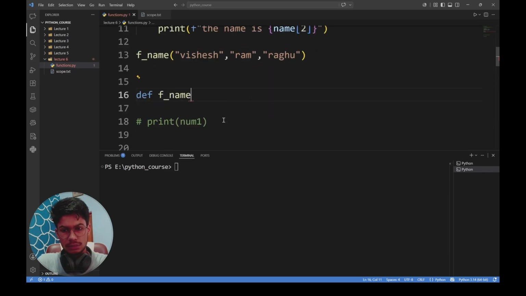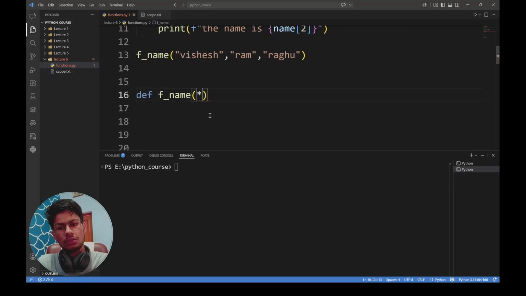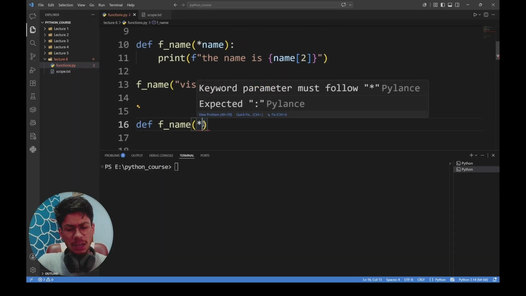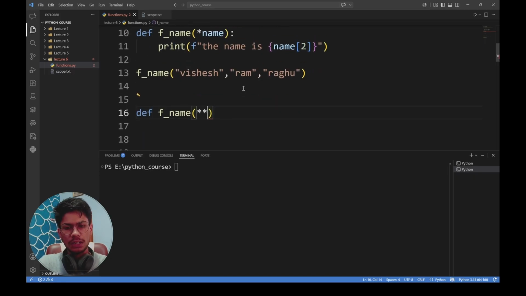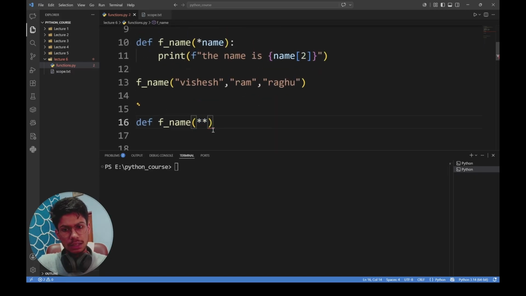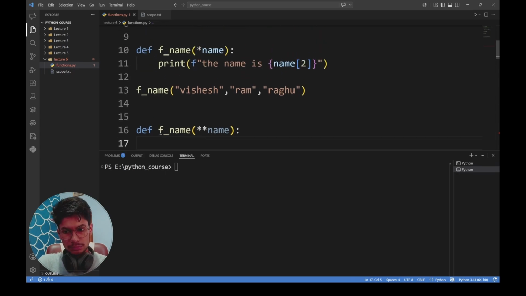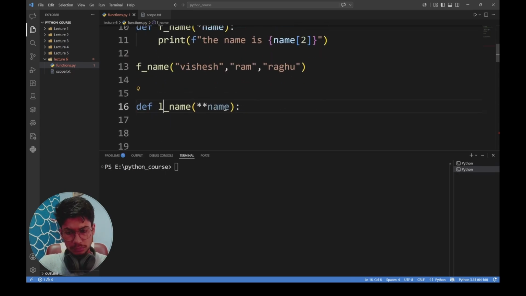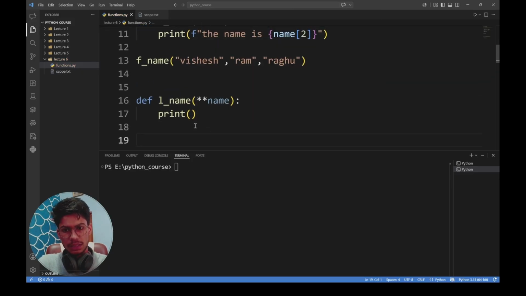Now we will be heading to the next point, that is we will now be accepting n number of keyword arguments. So to accept any random number of keyword arguments from the user, you just simply use this approach. That is, we use a double asterisk, then we define the parameter, that is name, and let me just make it L name here. Then you will simply define the name of that parameter, and inside that parameter we will be printing the name,